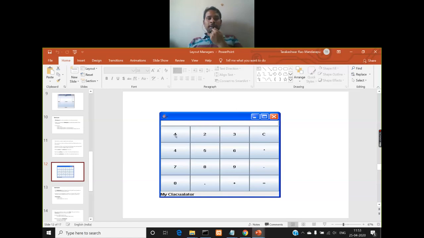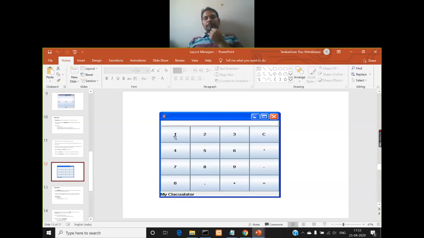So you know how to create a button in an applet window, right? So whenever you click on a particular button, that particular button's label, so if you take this first button, the label inside that button is 1. So when you click on this button, this 1 will appear in this text field. Okay, so how this is created means by using grid layout. So you can divide the entire available screen on your applet window or any other frame window into some rows and columns. Just like you have rows and columns in a matrix, in the same way you can divide the entire window into some rows and columns.